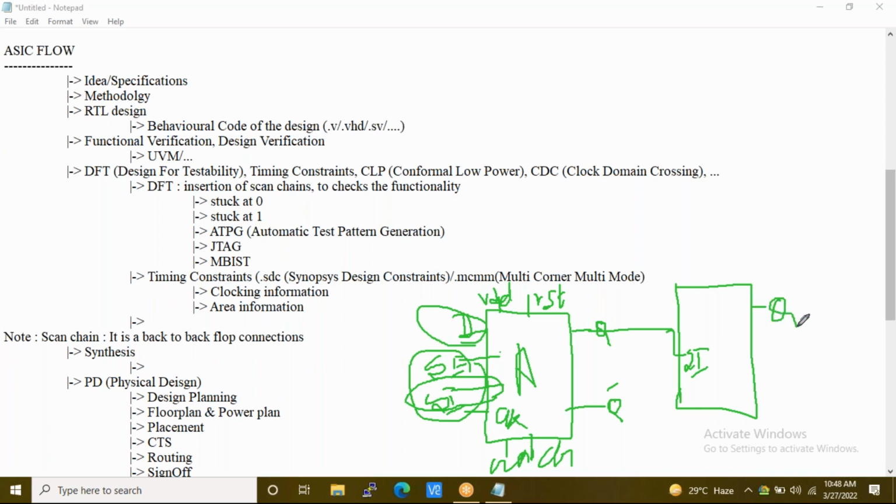This is how the scan chain connections will be present: back-to-back flop connections, where the data gets passed through the scan input. Clear so far? Any questions?